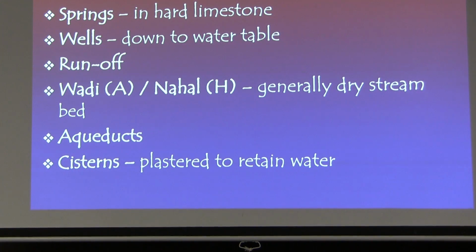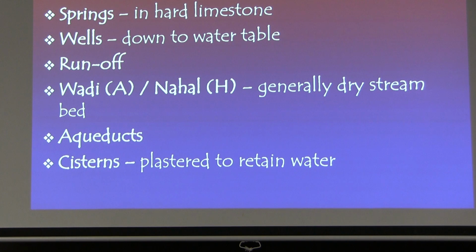The next bullet right here, Wadi and Nahal, are not water sources, but they're important for us because they are, as I indicate, river streams that are usually dry. Riverbed is better there. Nahal is the Hebrew word, Wadi is the Arabic word. They get named depending, interestingly enough, on whether it was primarily Jordan in control of certain areas, especially after 1948, or Israel. So know both of those two names, because as we start looking at specific maps, I'm going to be using both of them depending on where this particular dry stream happens to be located.